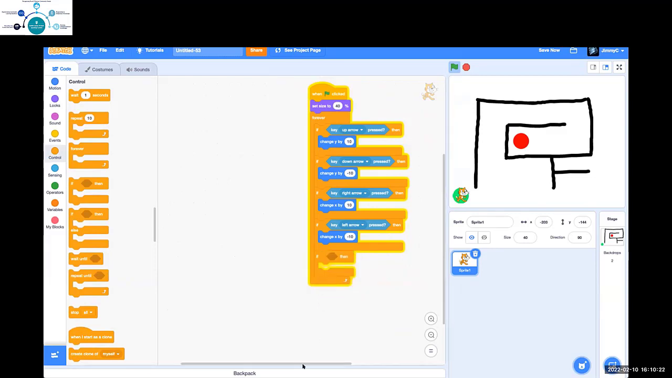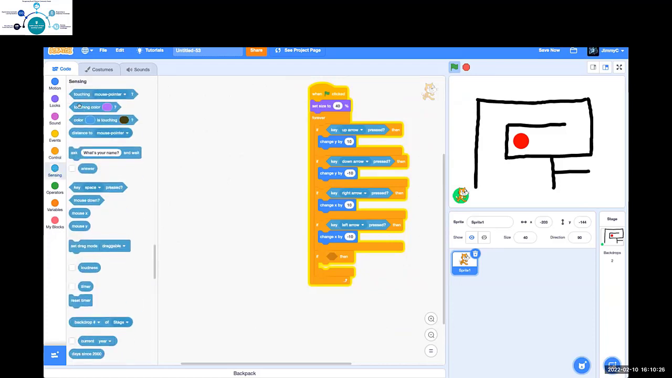So I'm going to put in another if block. If you go to sensing, there is one that says touching color. It just so happens that my walls in my maze are black. So I'm going to move this in. Right now it shows a purple. There's no purple in my project. But if I click right on the purple here, I can set the color to black,